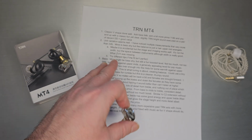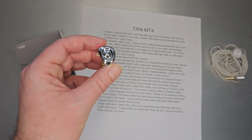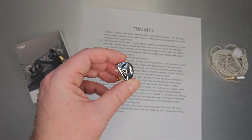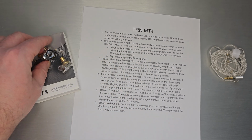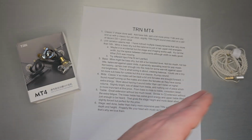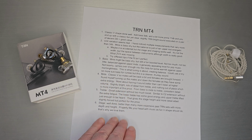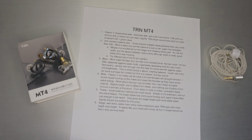And it's really more about having it sound better than I can't listen to it at high volume. I didn't really find this fatiguing. It's not too shouty. Again, I would call it TRN bright. If you've ever heard TRN sets, especially some of the older ones, they do V-shapes, and where KZ does a V-shape that's sort of bass heavy, TRN does one that's a little bit brighter, and this is exactly what that tuning sounds like. So slightly bright, like I said, lots of detail from the treble, nothing out of place, which